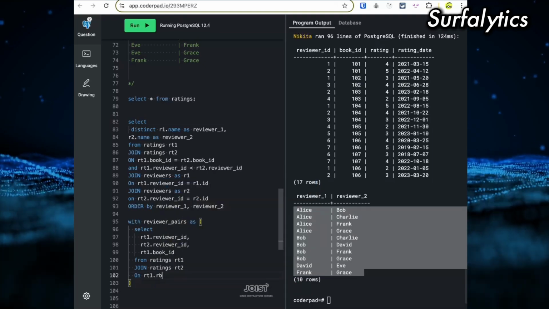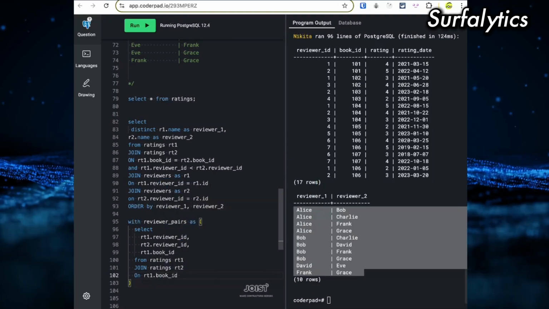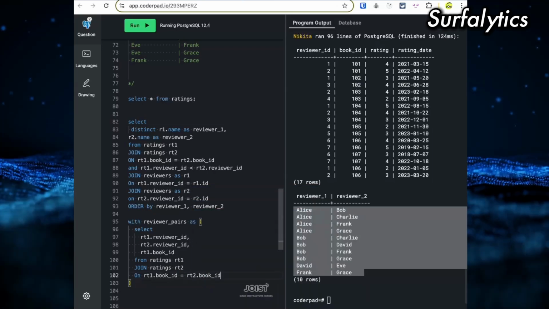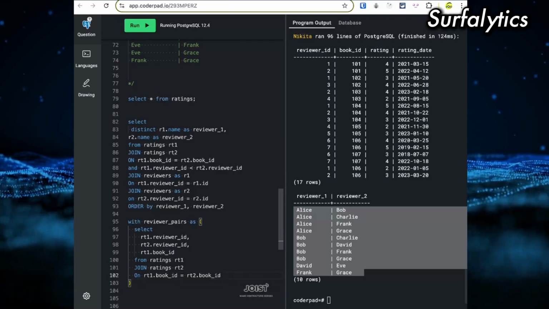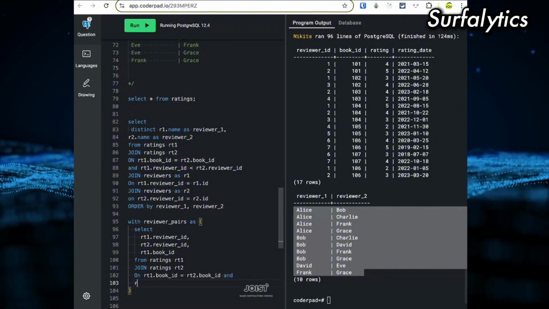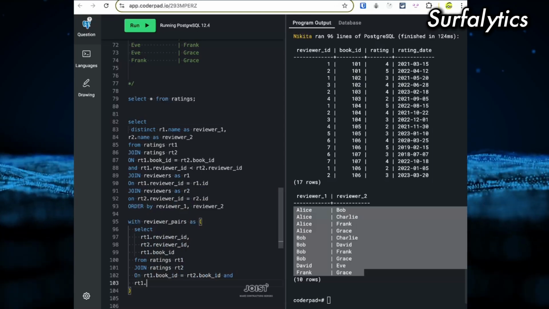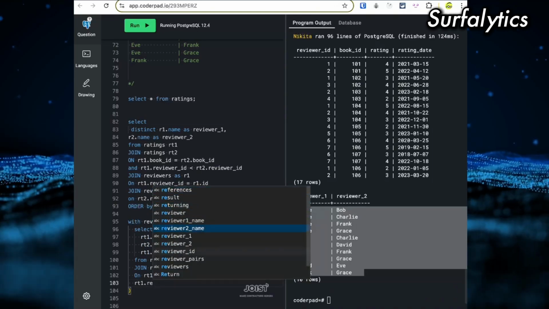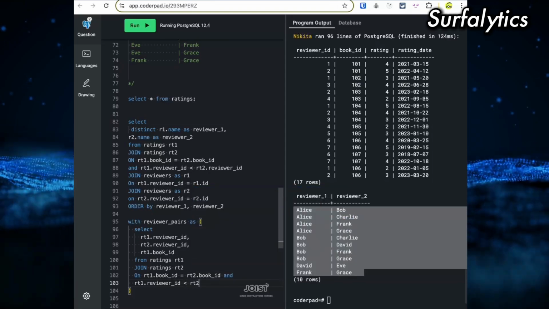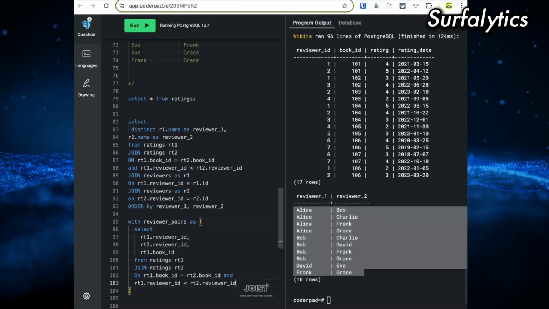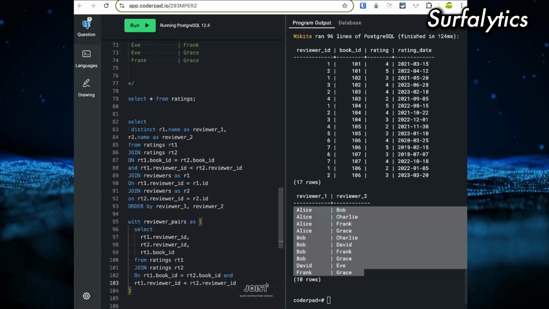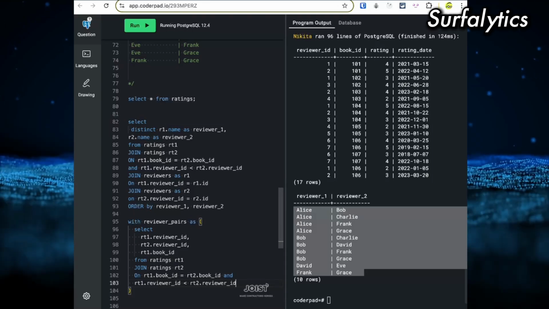Yeah, RT1 book ID equals to RT2 book ID and do the same thing RT1 reviewers ID less than RT2 reviewers ID. What else I need? What about book ID? Book ID.